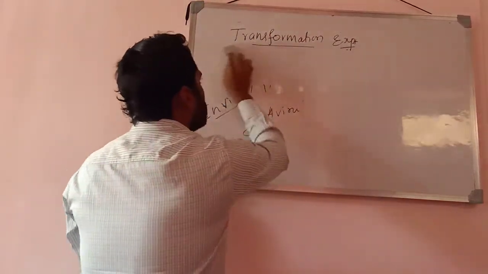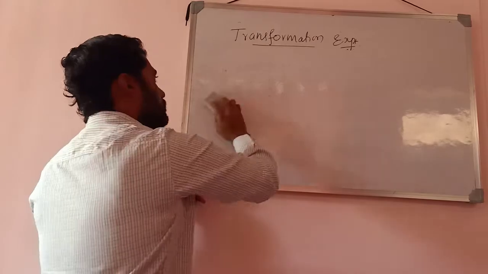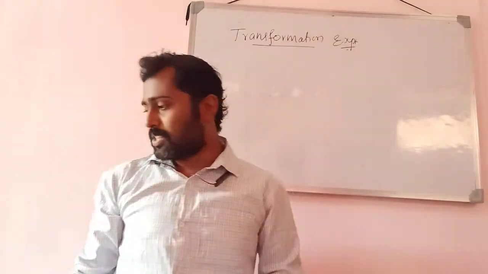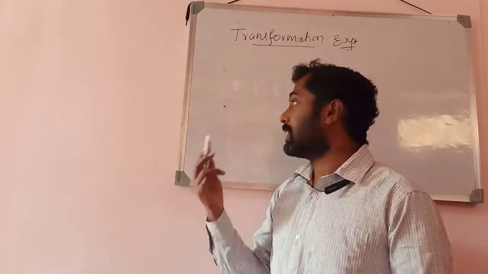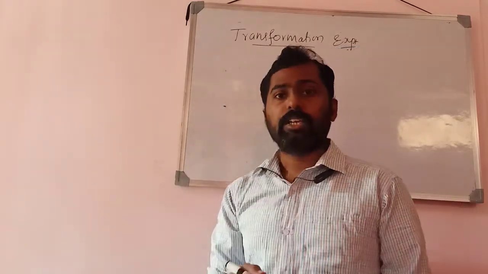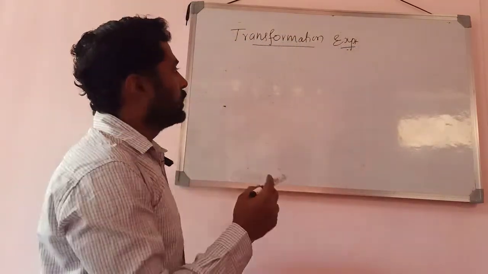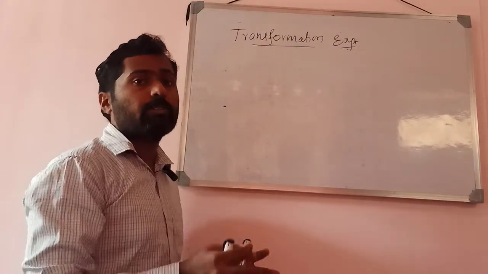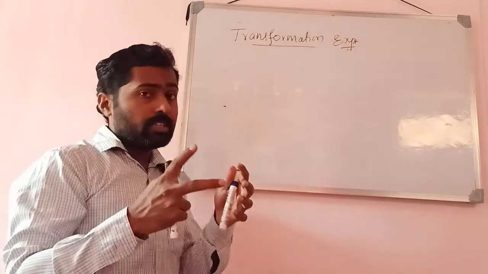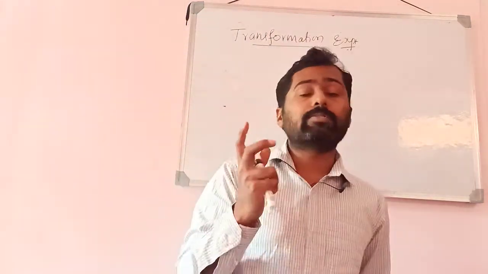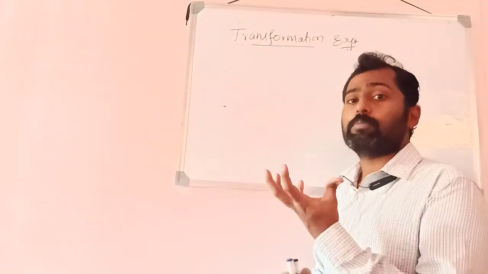So just remember there are two varieties. One is the S type, the smooth strain, and it is virulent. It means it causes disease. Whereas the other one is the R strain, the rough strain, that doesn't have a capsule, that is avirulent. It means it does not cause any disease. So the disease causing ability of the bacteria can be seen in the capsule here, isn't it?